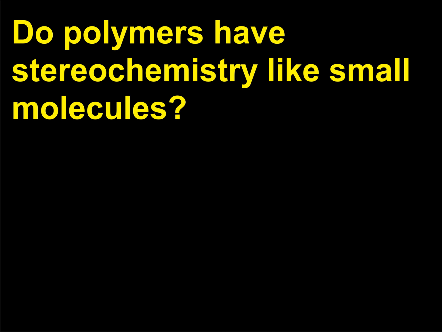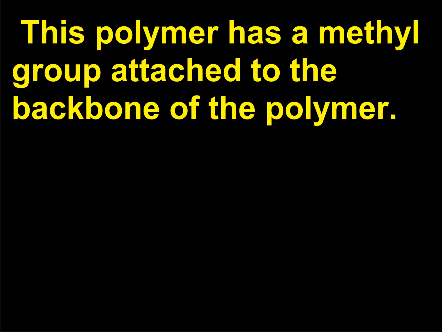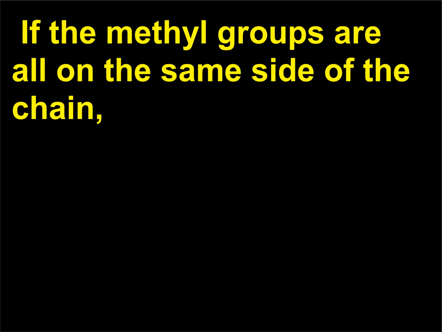Do polymers have stereochemistry like small molecules? Yes. The most common example is polypropylene. This polymer has a methyl group attached to the backbone of the polymer. If the methyl groups are all on the same side of the chain,